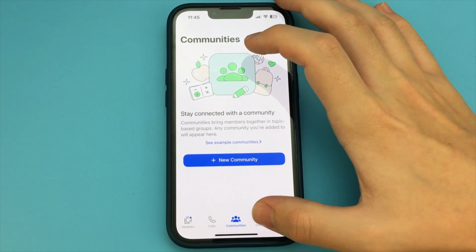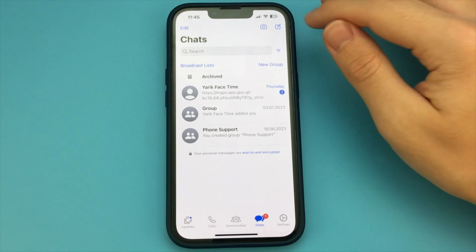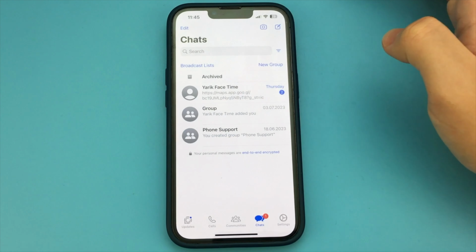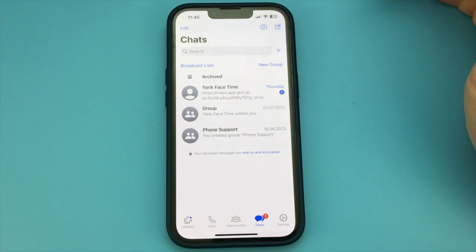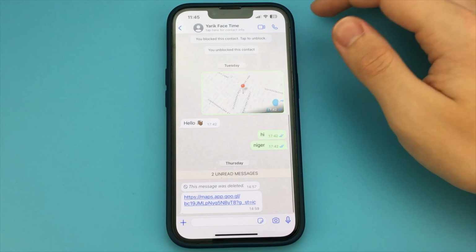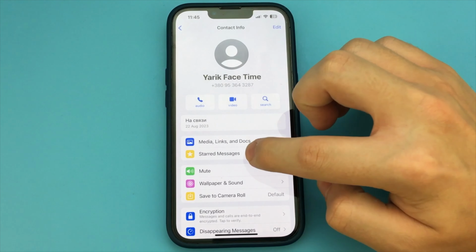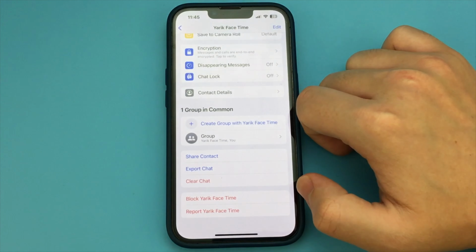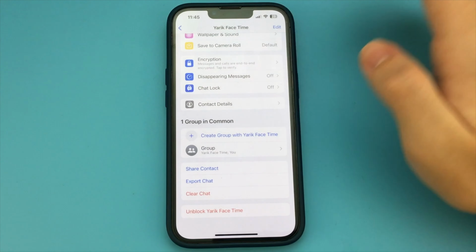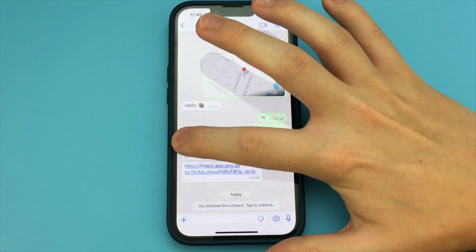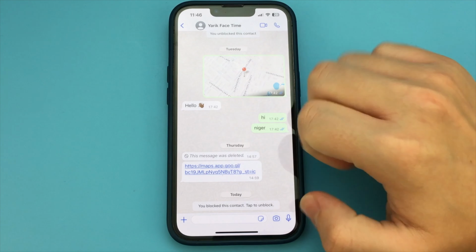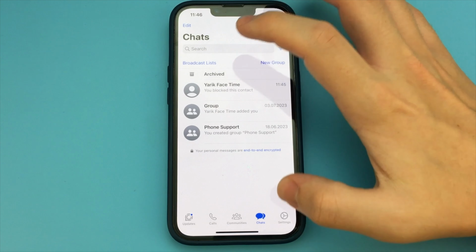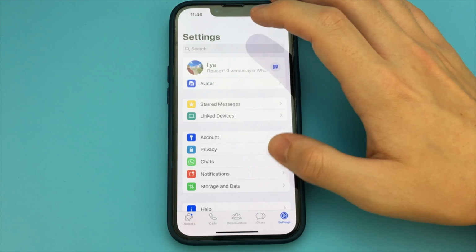Thank you. In this video, I want to show and tell you how to block or unblock any person in WhatsApp. That can be done in a couple seconds. Watch. To do this, you first find the contact you want to block. It can be in chats or contact list. You open that chat and click on the account name. Now you go down to the bottom, and here you see a button, Block FaceTime. You click it and you block it. If you want to unblock it later, you just go in the same way. As you can see, it's very quick and easy.